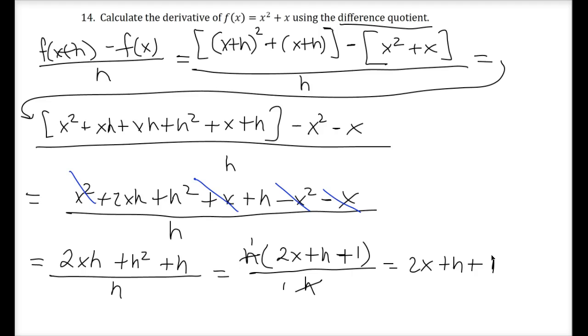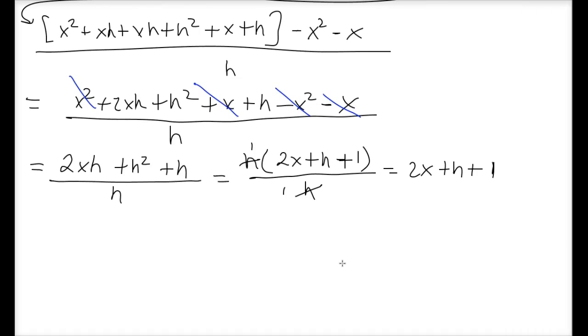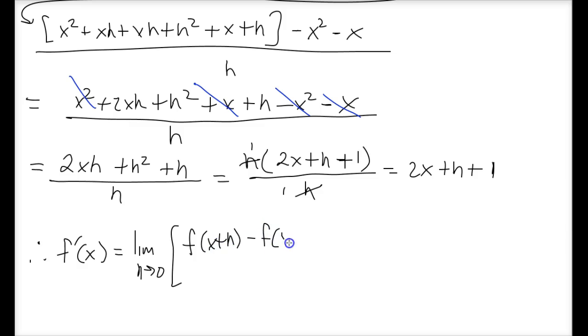Okay. Now what we need to do is add the limit notation as h approaches 0 to that so that we can actually find out what the derivative is. And so when you write this question, or when you're answering this, it must be written this way. So do not be lazy and do shorthand notation. It must be written this way. So now, if we want to find out what the derivative of f is, which is the limit as h approaches 0 of this difference quotient,